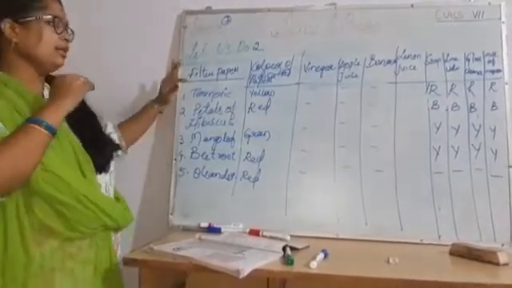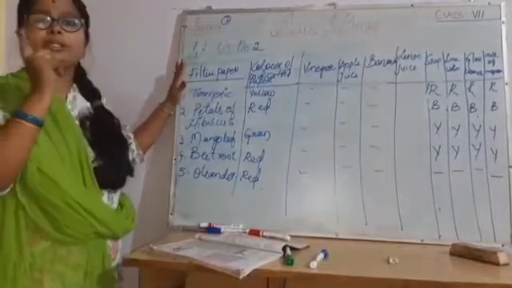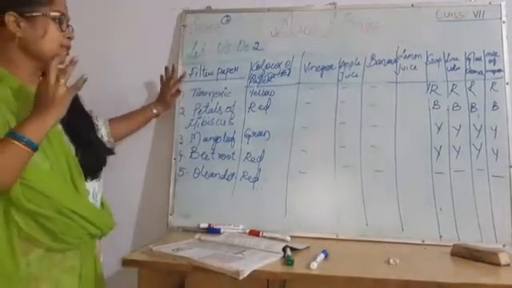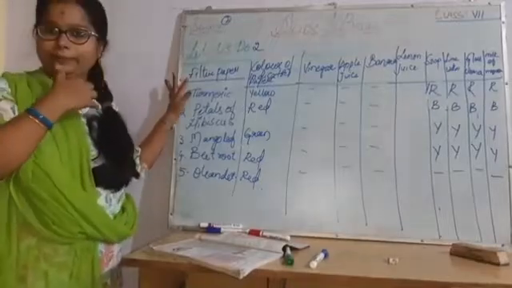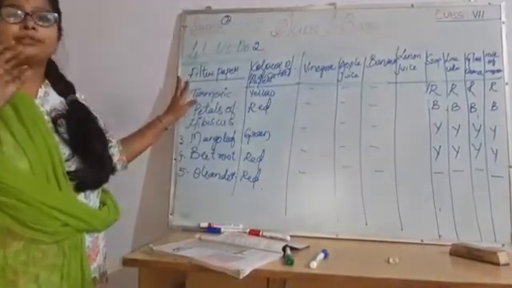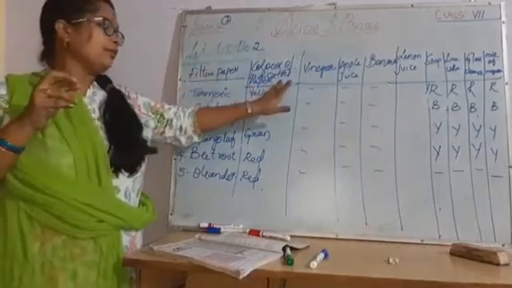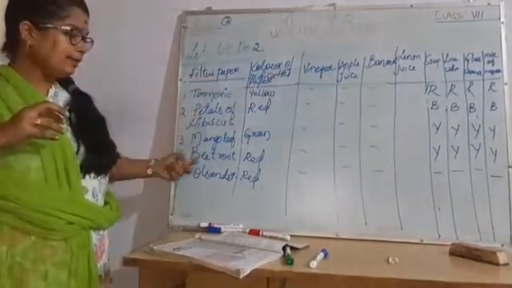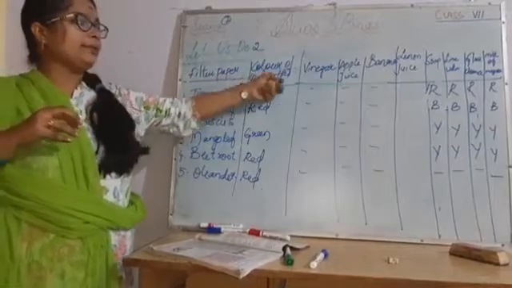So here is table 2. First let me explain the table, then I'll go on. The columns are for filter paper. Filter paper is not normal paper; it is used in your chemistry labs. Then there is the color of the indicator paper. You will make indicator paper with these things.